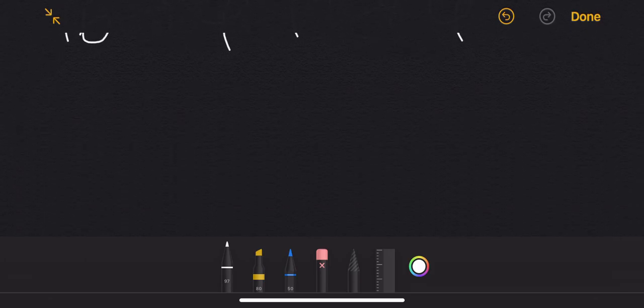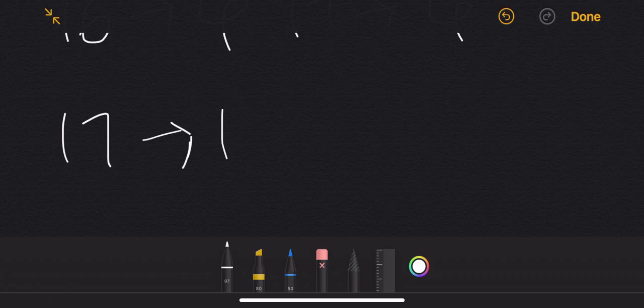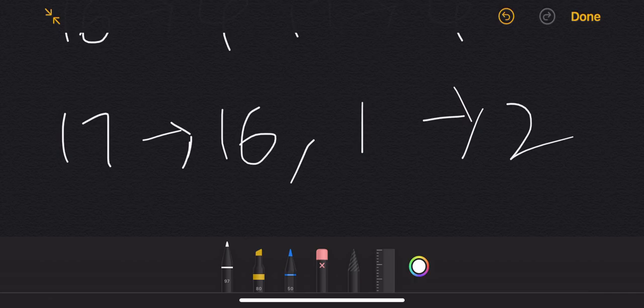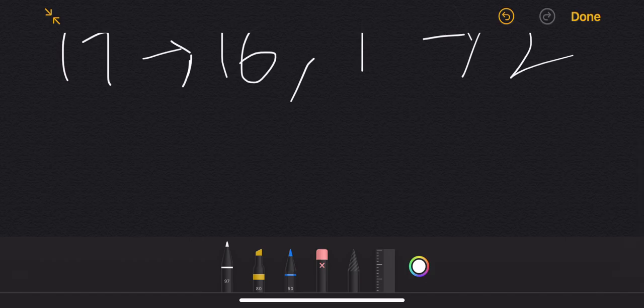Okay, so let's see what the initial thoughts are that come to our mind when we see this problem. The immediate greedy solution that comes to our mind is, let's take the number and split it into the nearest perfect square. In the case of 17, 16 is the nearest perfect square. So 16, and the residue that is left after splitting is 1. And 1 is already a perfect square, so we return 2. This is the immediate solution that came to my mind after seeing this problem. You might have thought something different. So this is a greedy solution, right?